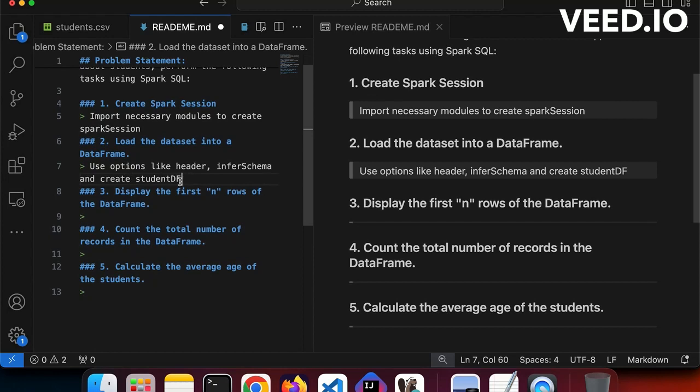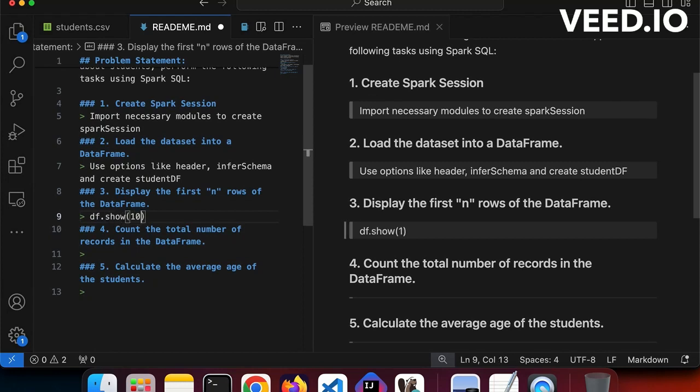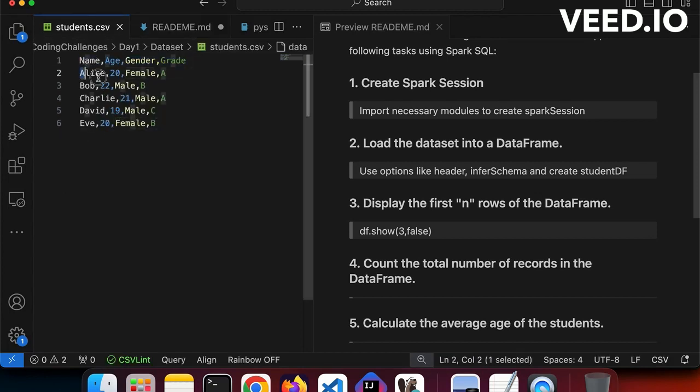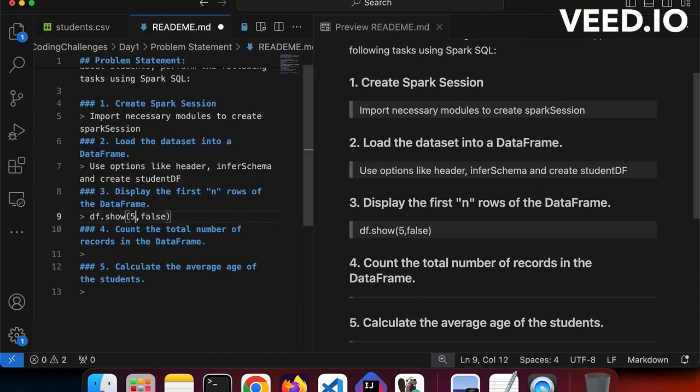Once we create student df, we are going to use an inbuilt Spark action, df.show. I want to print the first 10 records, or first 3 records in this case. We have a total of 5 records, but I'm going to print only the first 3 records. If you want to print all of them, you just put 5. We have a total of 5 records, but I want to print only 3 records. And